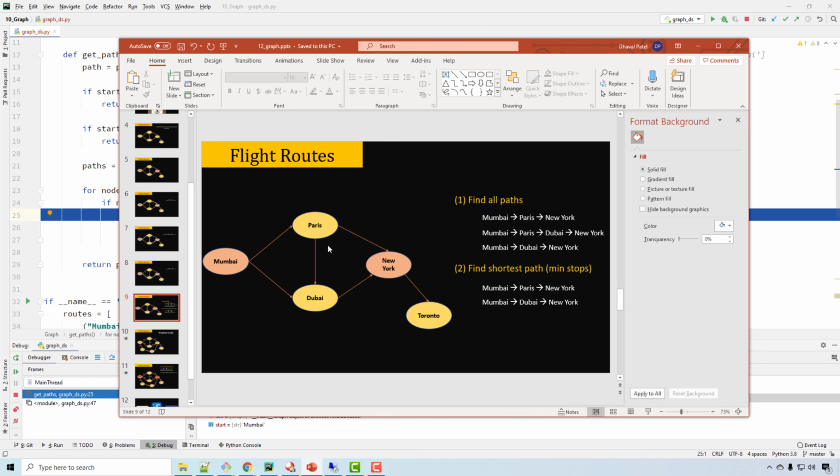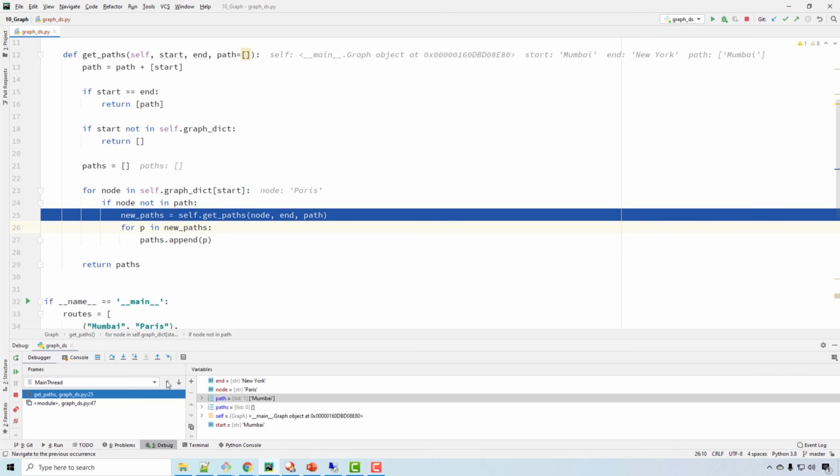So first we are visiting Paris, and when we are visiting Paris, now here in this function you want to get all the paths between Paris and New York. So I will not go over this function inside this function, I will just come out of it. Or if you want to go inside, okay, let's go inside, let's see what happens. So step into,